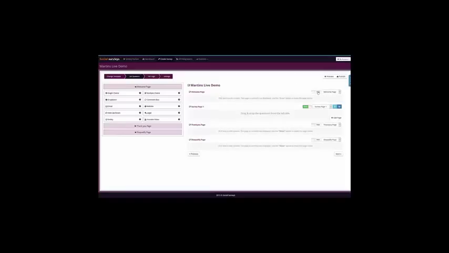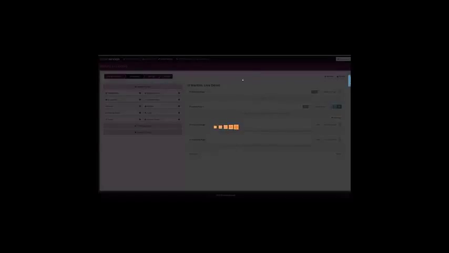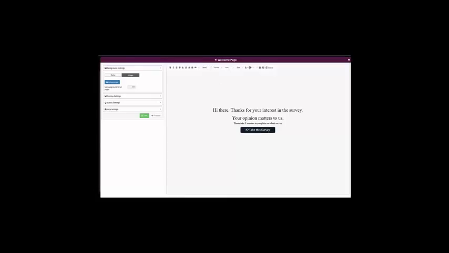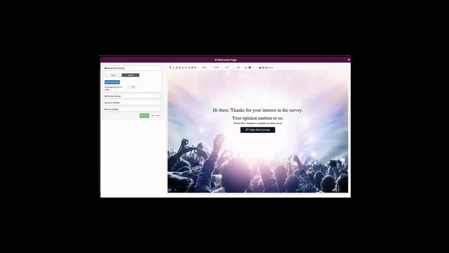If you turn it on, they'll see that. If it's off, they just go straight into the questions. So I'm going to show you that first. We're going to turn it on. We'll click here to edit the content, so it loads up with the default content. So I'm just going to pretend this is a nightclub survey. Just give it a title,